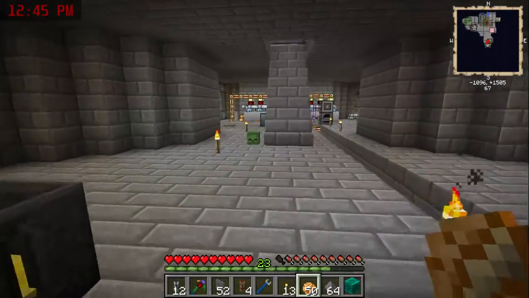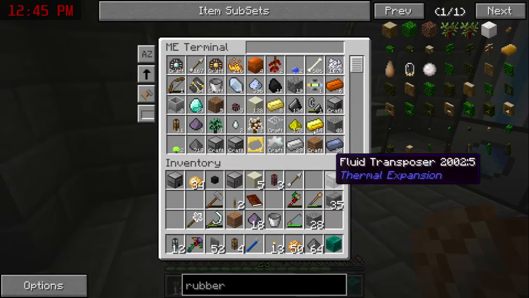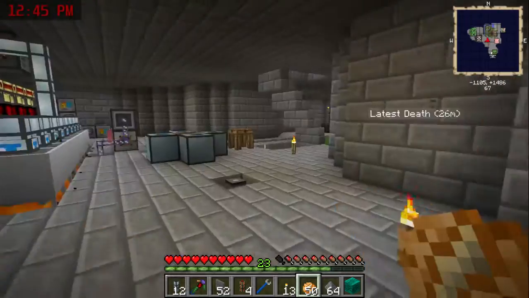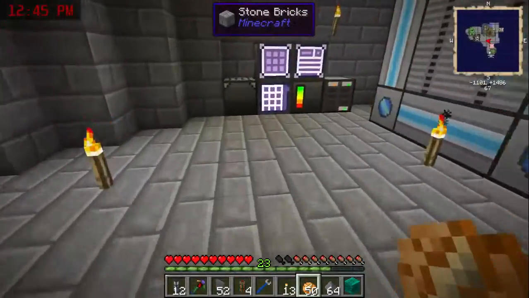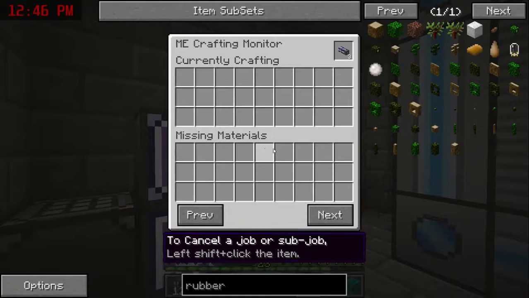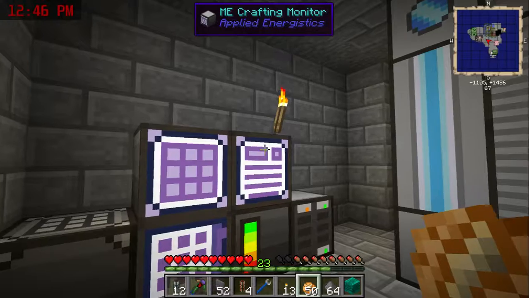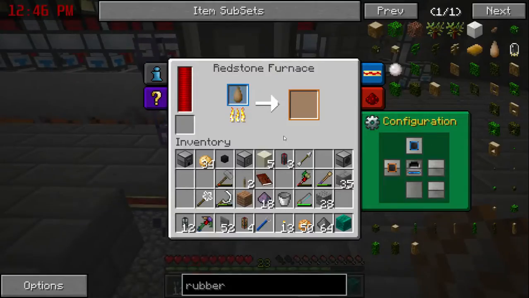Did I already put that gravel in here? Must have. But I need to get it going because I'm running out. Running out of iron real quick from all this crafting. Okay. I need an import bus. Import bus. And then I need my cable. Takes a little while to craft everything. I might have to put more than one furnace on the system eventually, but for now...